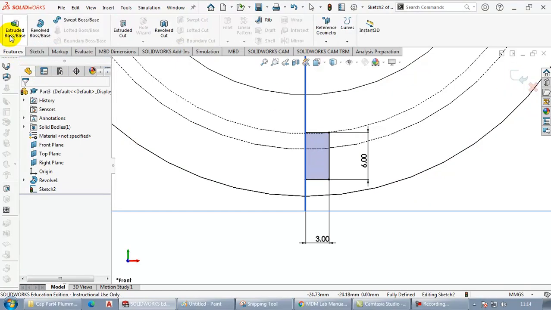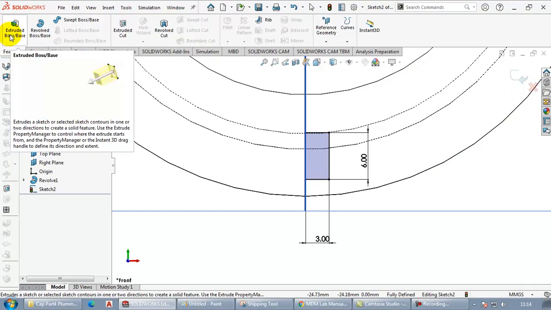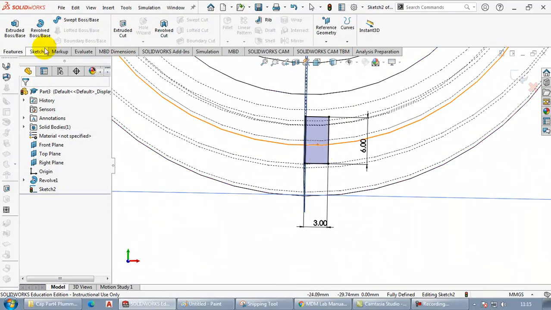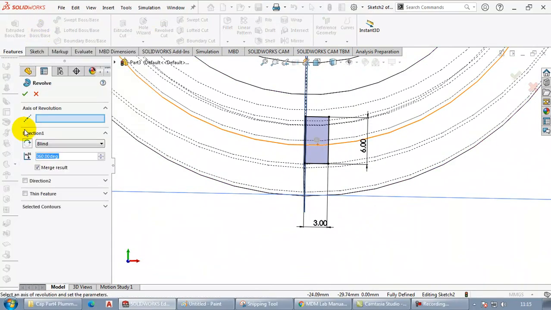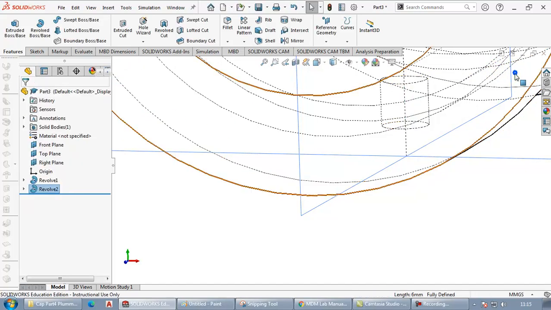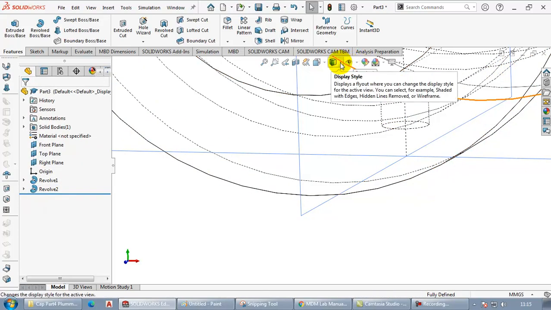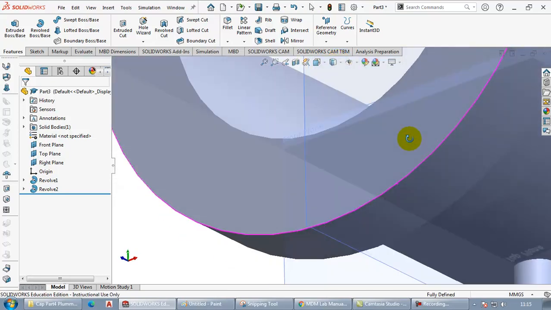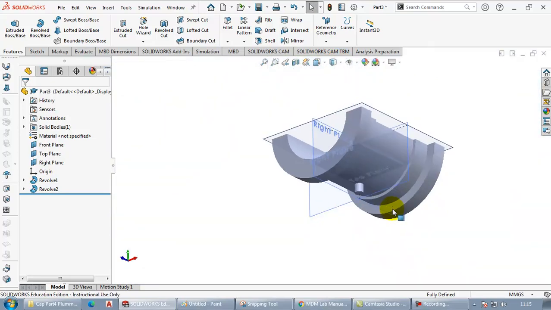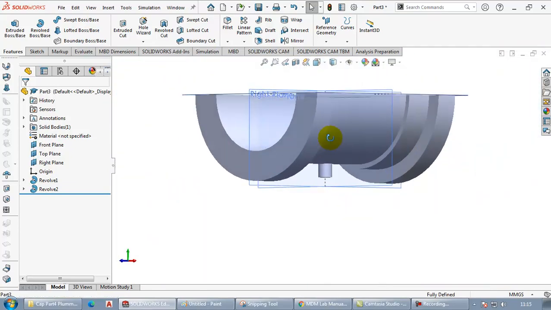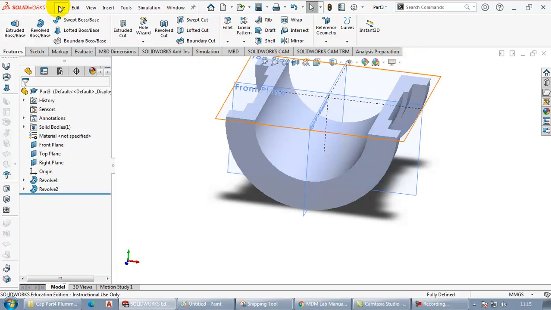Then I'll go with revolve base. Axis line, I'll select this part, this side, and then okay, so you can see that part has been created. Now let me change the visibility to solid, and you can see that the snug part has been created here properly. Okay, so next, just save it